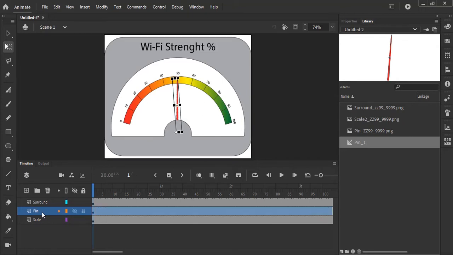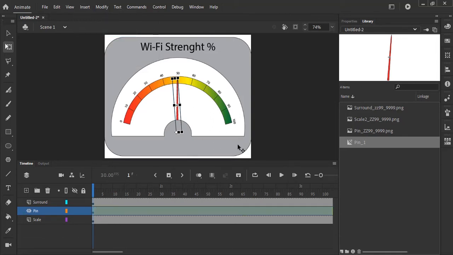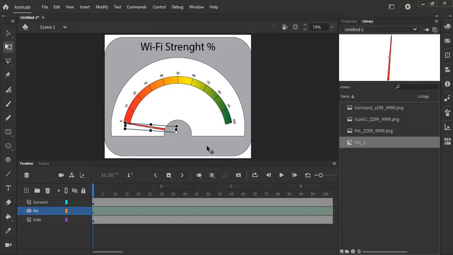Now we are going to select the pin layer and then insert a motion tween, because this is where the motion is going to start from. So it begins with our pin starting from 0. Let's check. Yeah, it begins from 0 and then moves to 97%, sorry, in 2 seconds. So I pick my playhead, move to the 2-second mark,